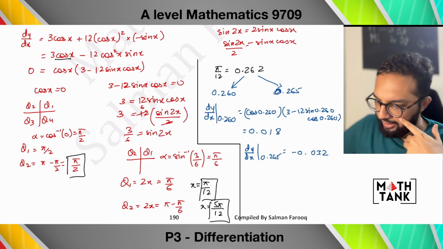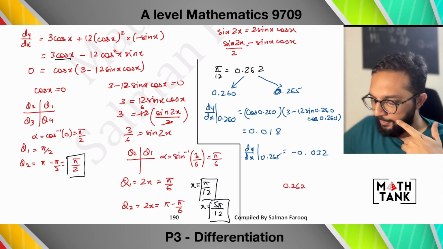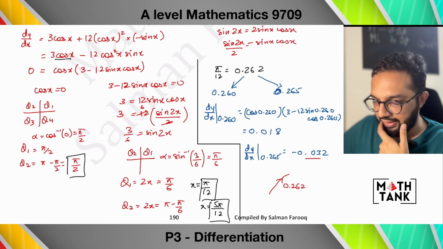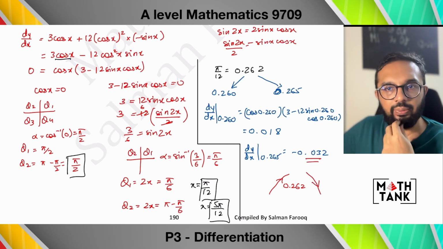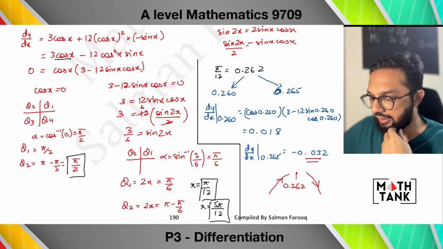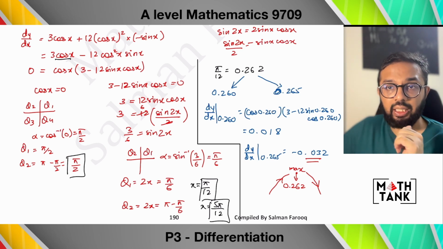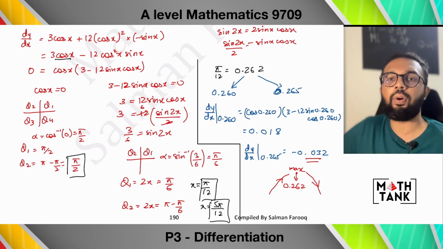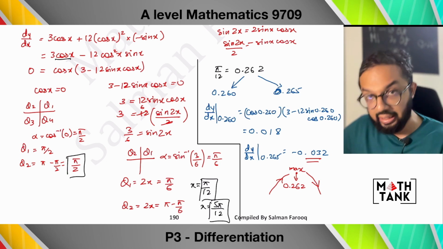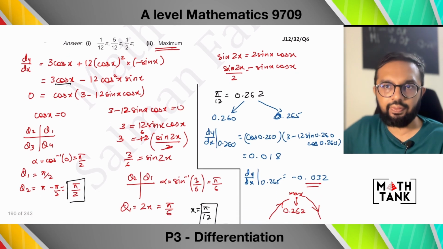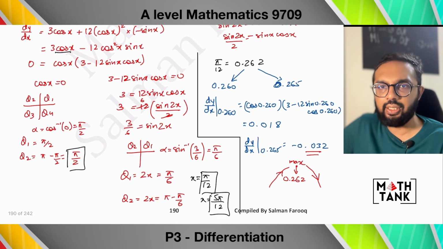So what I know is that if my turning point is at 0.262, right before the turning point I have a positive gradient, which means that the line is going up. And after that I have a negative gradient, which means that the line is going down, which means that this turning point must be a maximum point. The nature of the gradients is telling me that the line is rising first and then falling, and I get a maximum point out of this, and that's the correct answer. Had you done the double differential, you would have gotten the exact same answer. What I did was I avoided an unnecessary product rule in the question.